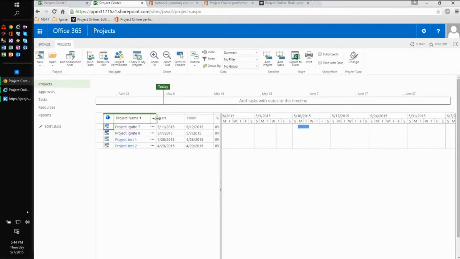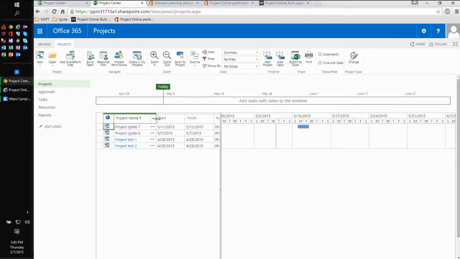Then the SharePoint storage quota limits apply in this case. When you create a project site collection, you get, I think, 10 gigabytes of free quota just to store the project content, but everything else adds up to your SharePoint storage quota online. And so,